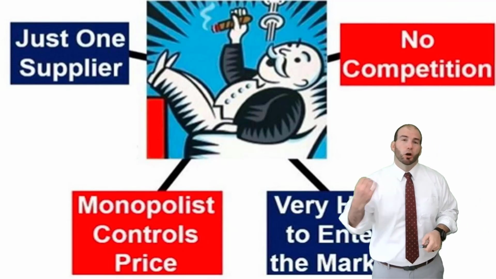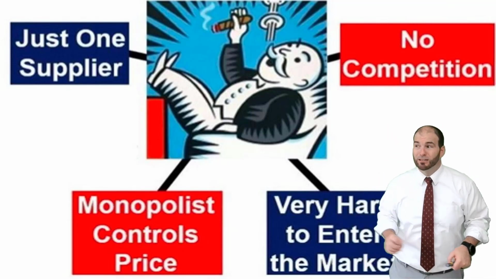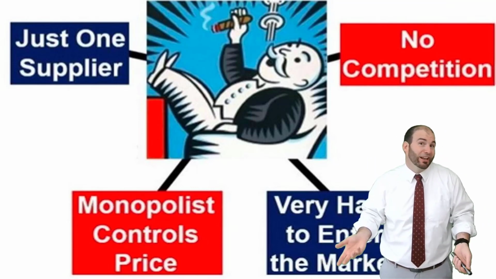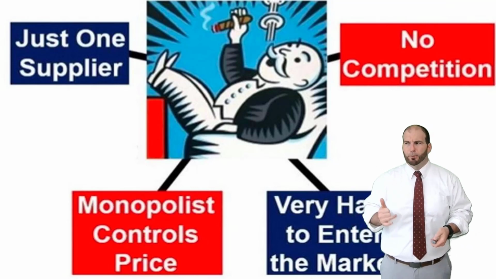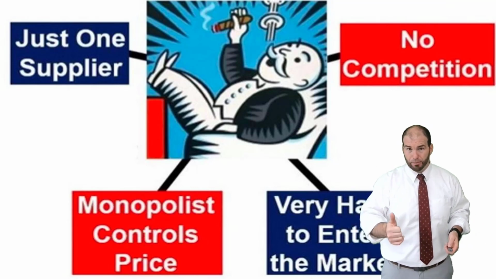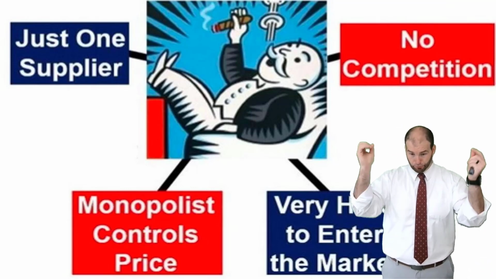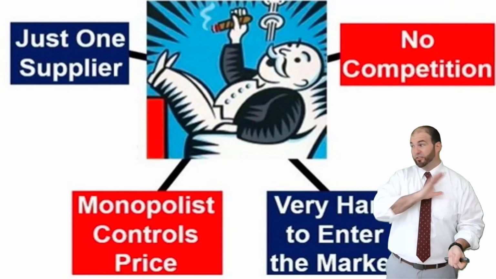He doesn't. So monopoly, not necessarily the board game, even though the whole point of the board game is to basically take everybody else's stuff and control everything. That is what a monopoly is. That's why it's named after a monopoly. A monopoly is when one company owns everything. This is the furthest possible thing from perfect competition. This is as imperfect as you can get.